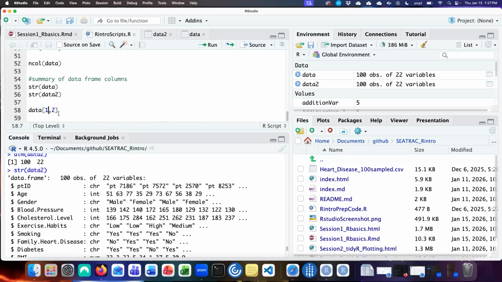What's nice about the subsetting schema is that there's a lot of flexibility for how to subset. You can either do individual elements like this. You can do